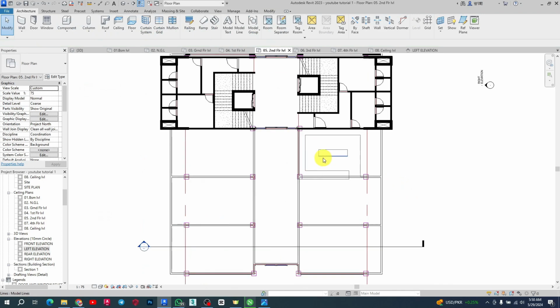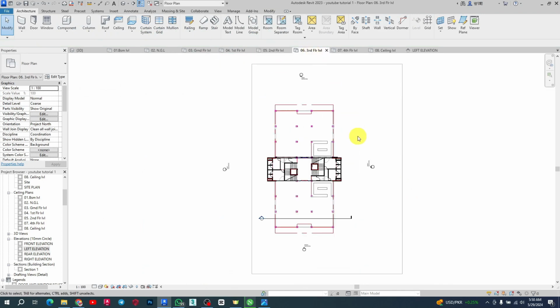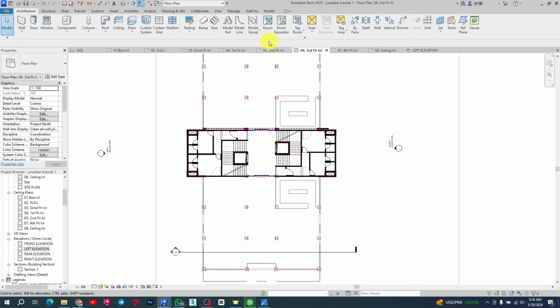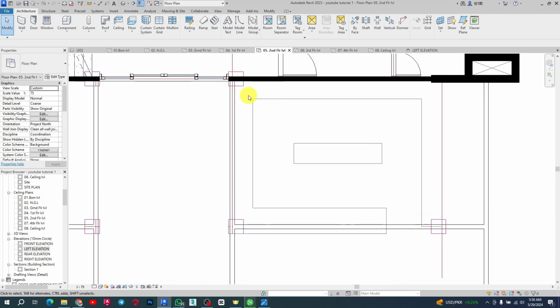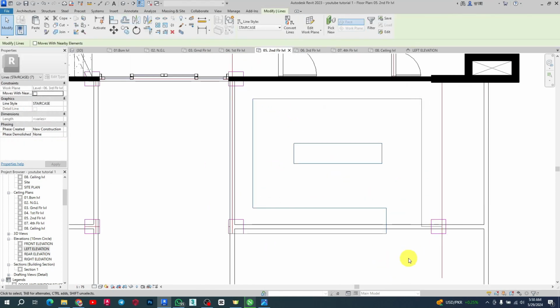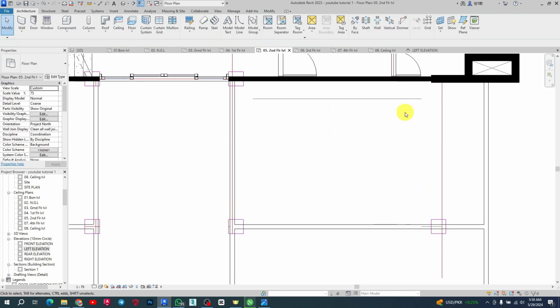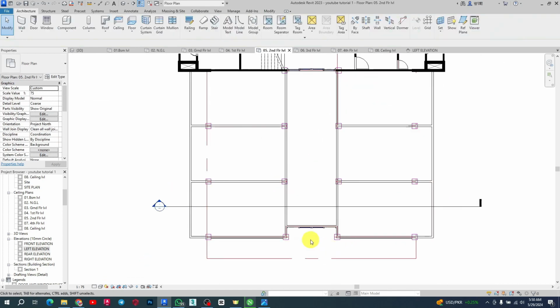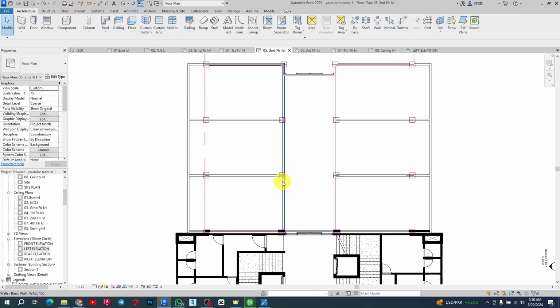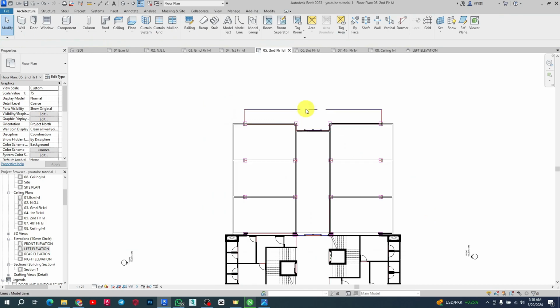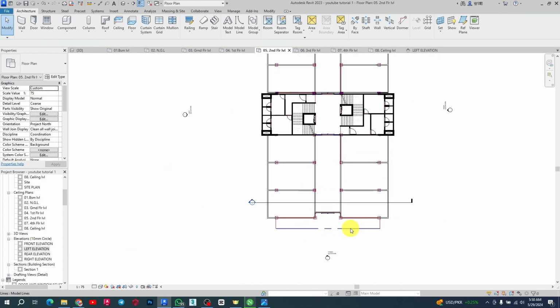I think the third floor is actually copying on this one. I think that is the reason why we're seeing it like that. So this is a third story, but we also have it appearing here. So that is not any problem. Okay, so this will be deleted after the work anyway, so we can always delete them. If you want to also take them out, you can take it out. Just remove it if it's disturbing you. So let me quickly delete this. Just select and then press delete on your keyboard, and that's just fine. You can delete it like that. So see this line we're duplicating, so it's okay. So this is it for the